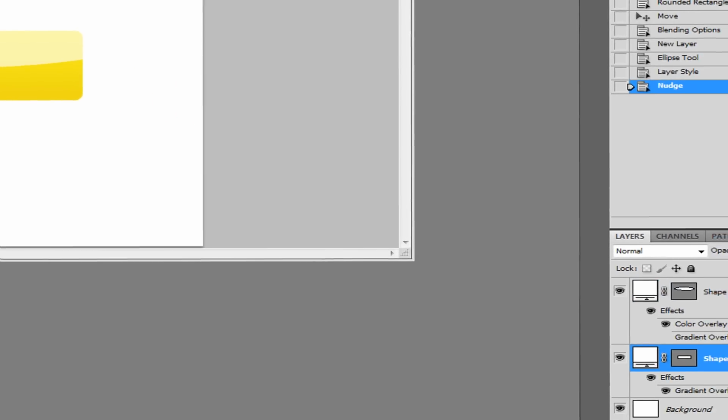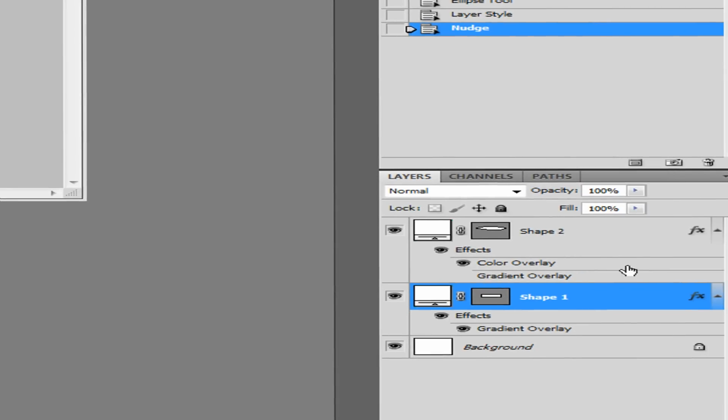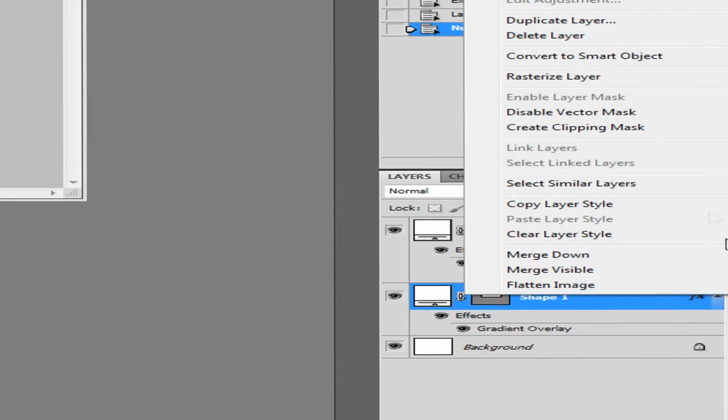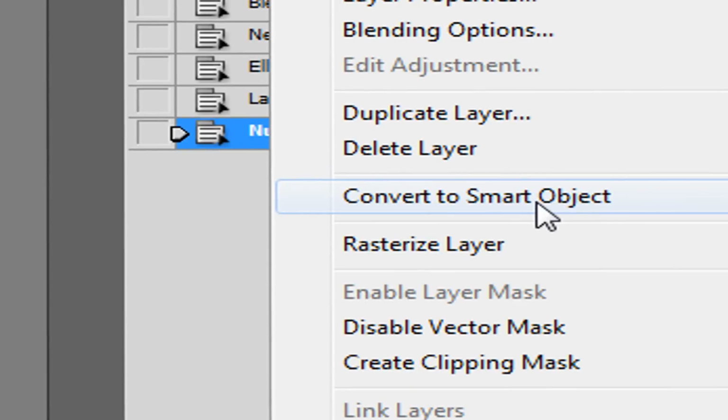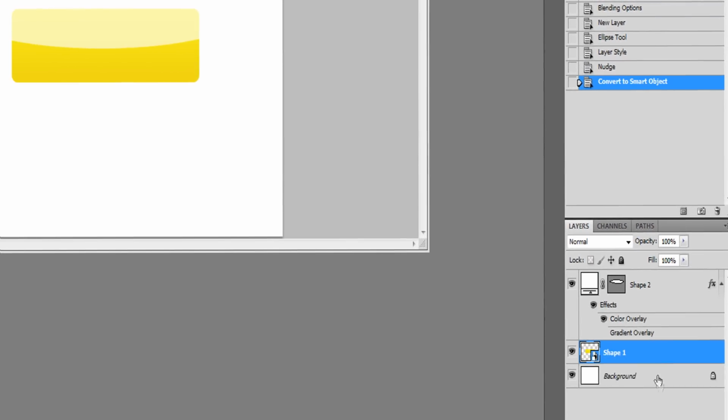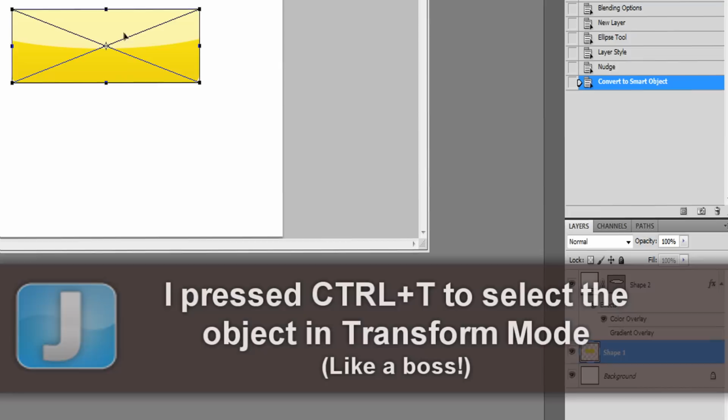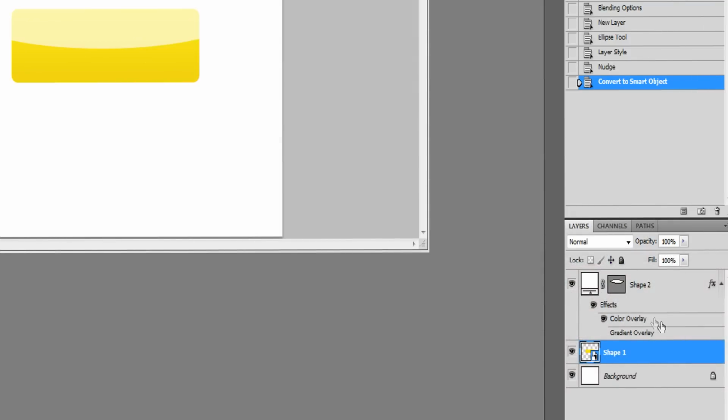Alright, now this is a really crucial step. What you've got to do now is make this shape 1 into a smart object, and the reason for that is otherwise you cannot apply the clipping mask. And the clipping mask is going to make sure that this is going to be this shape, this part. So when you add the effects, it won't affect the